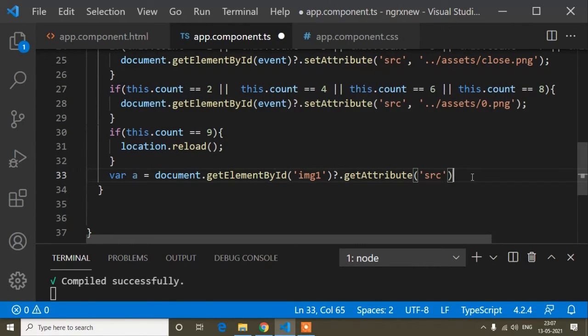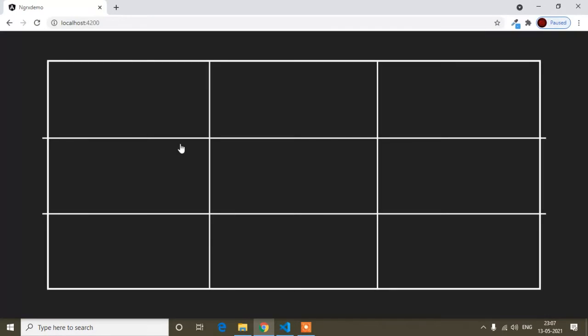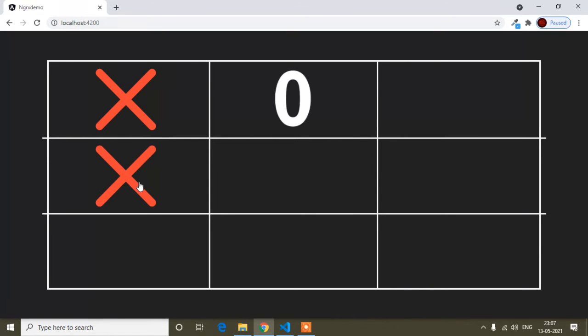Okay, so why I am writing this, I will show you. Inside this setAttribute of the source I have set the images, and after that I am getting the attribute. Why I am getting it, because suppose the cross, suppose 0 here, cross here, 0 here, cross, so you can see the cross is done, so the cross is the winner. At that time I have to get the source, that is, whether the cross is at the same angle or not, or whether the 0 is at the same angle or not.